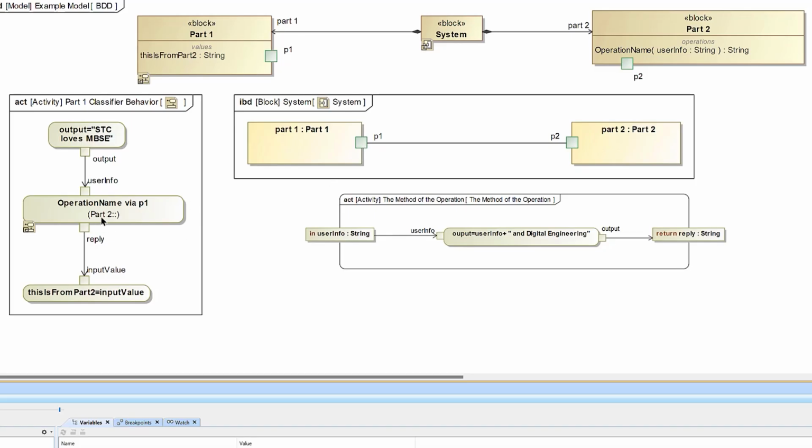Now notice it has this indication here that the operation will be performed by part 2, and that is the case. However, we don't want to call the operation from the context of part 2. We want to call it from another context. And what we can do with that is actually